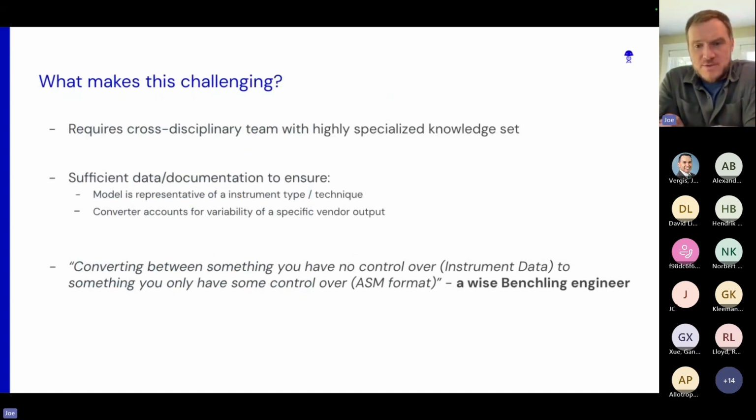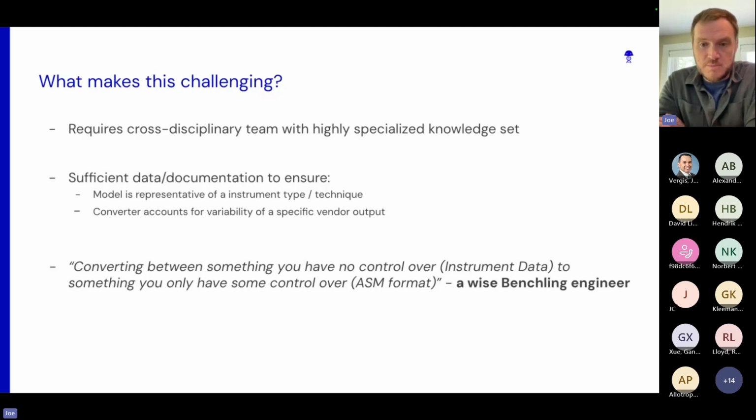And on reflecting on this, there are questions about what makes this challenging. One thing I'd call out is that while there's familiarity with Allotrope and the ontology and the ASM in some places, getting all of the necessary parties together to build tools leveraging this requires a cross-disciplinary team with very specialized knowledge. Like I said, folks who have deep knowledge of the techniques, but also deep knowledge of data modeling and specifically deep knowledge of ASM and AFO, can be hard to get.